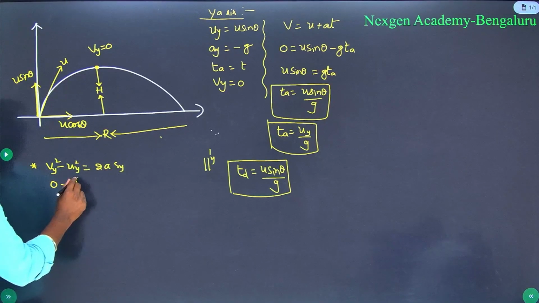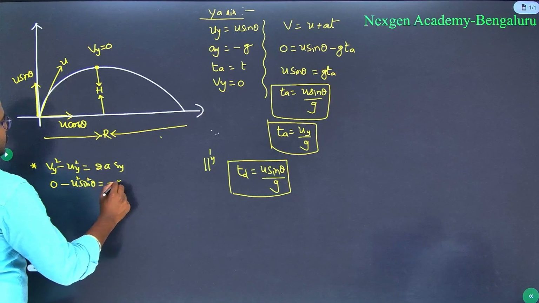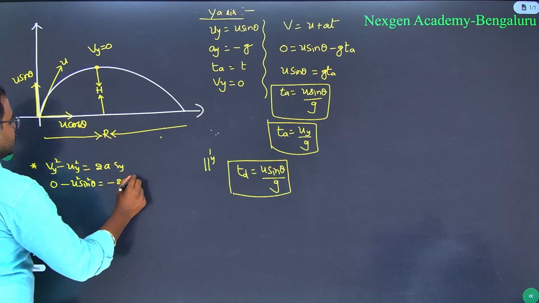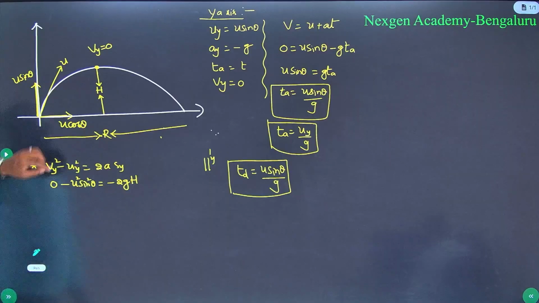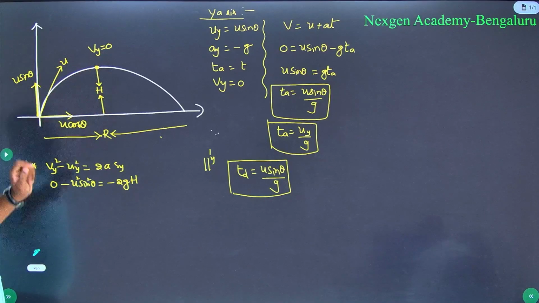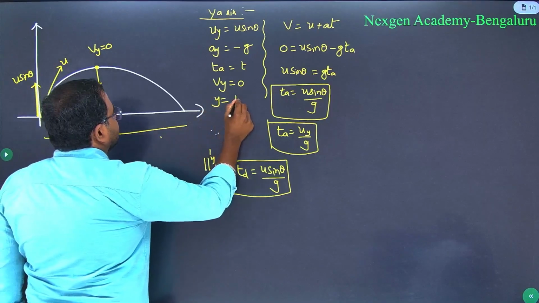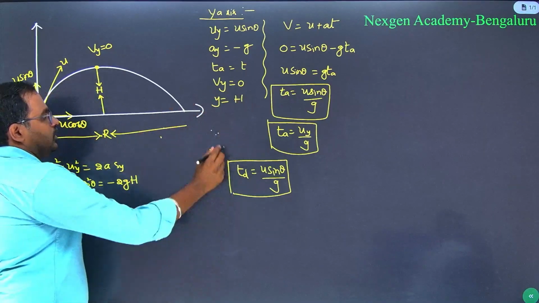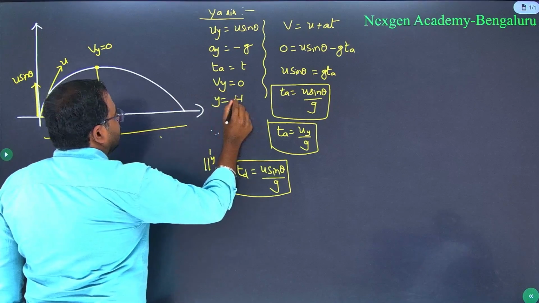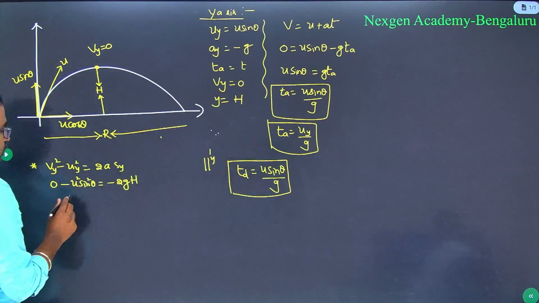So uy square means u square sine squared theta equal to minus of 2g into h, because where this vertical component is 0, that vertical displacement as h we are taking. So here vertical displacement is equal to h. We are taking that h, vertical displacement. Now from this we can write